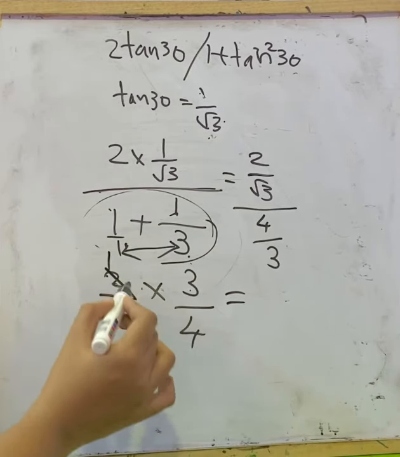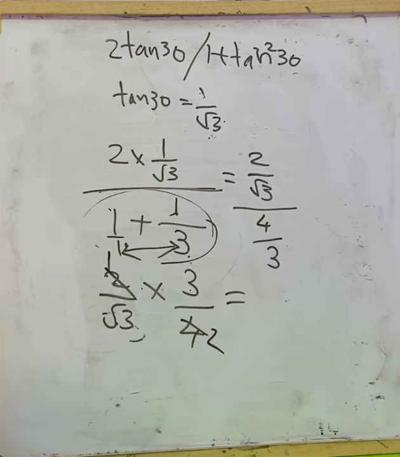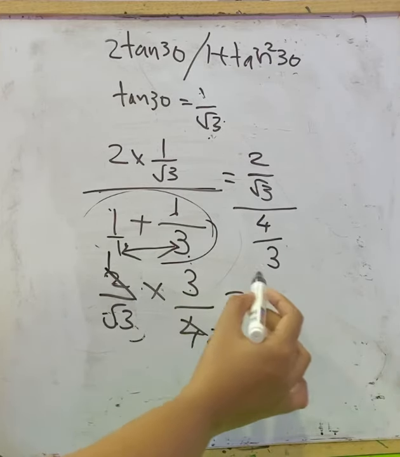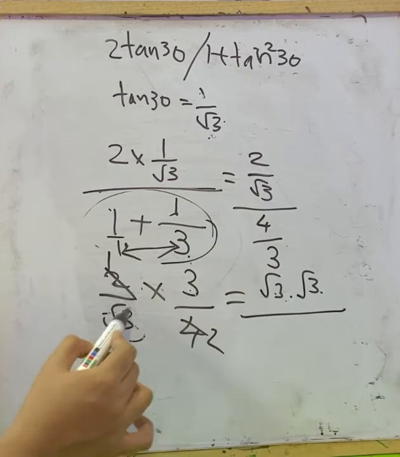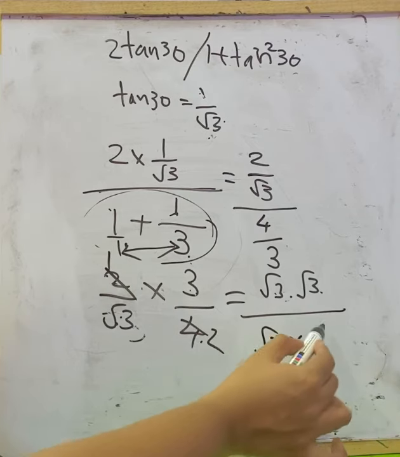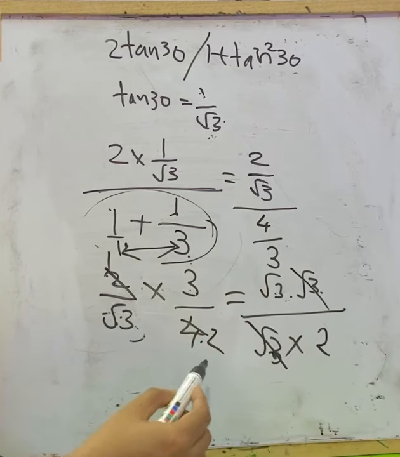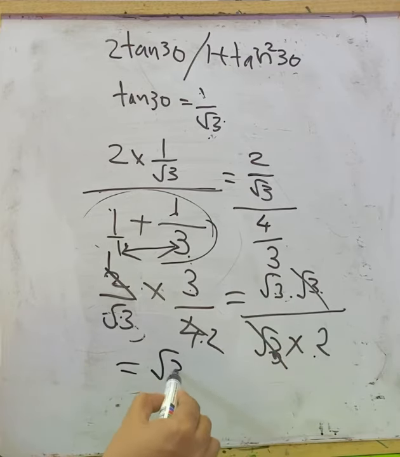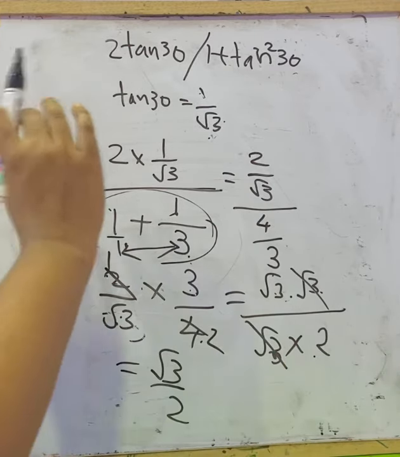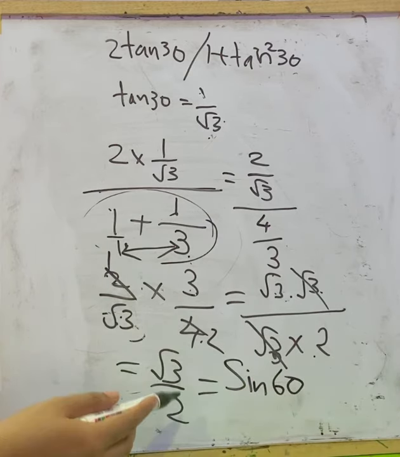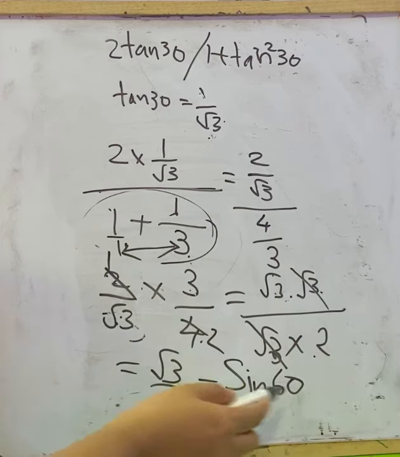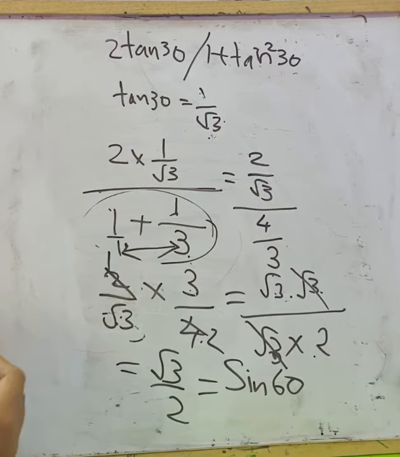That is 1 2s are 2 and 2 2s are 4. The factor was 2. In 3, it is actually root 3 into root 3. We know 3 is root 3 into root 3 by 1 root 3 and 1 2 is there. Here this root 3 and root 3 get cancelled. The final answer is root 3 by 2, and we know from the options given we have sine 60 which is equal to root 3 by 2. Root 3 by 2 is the trigonometric ratio value of sine 60. So in the option we will tick the answer A, that was the sine 60.